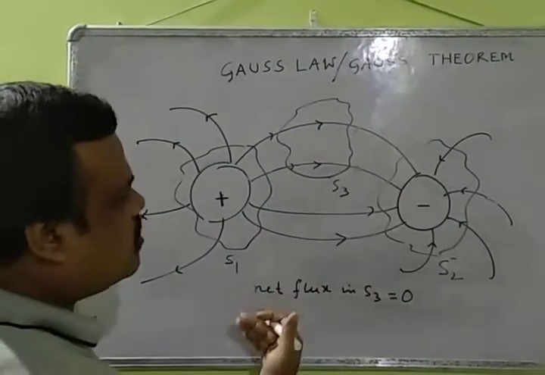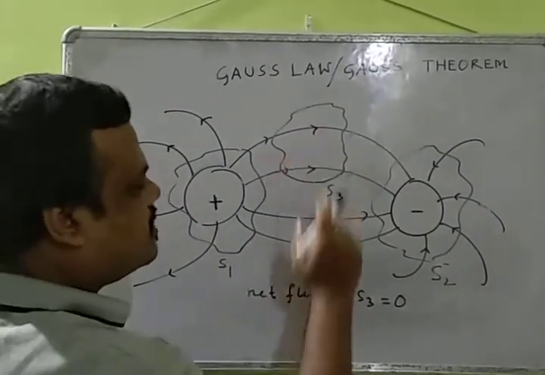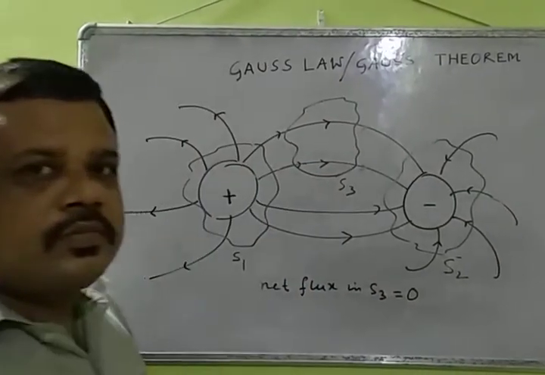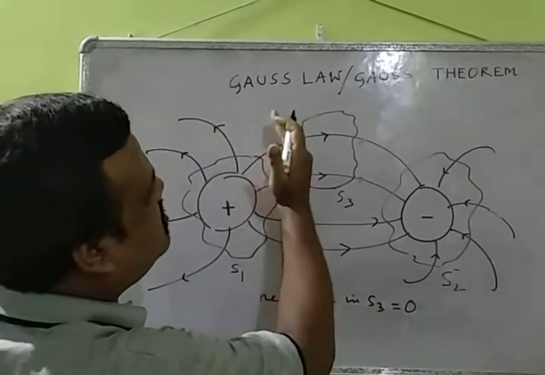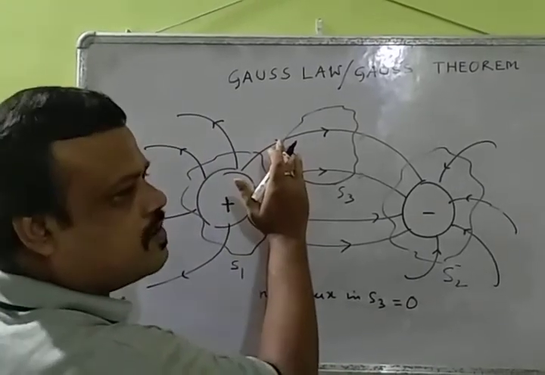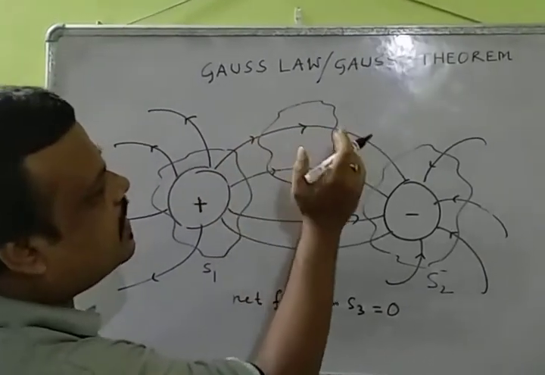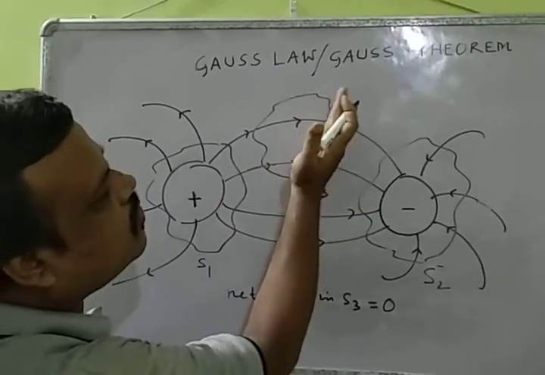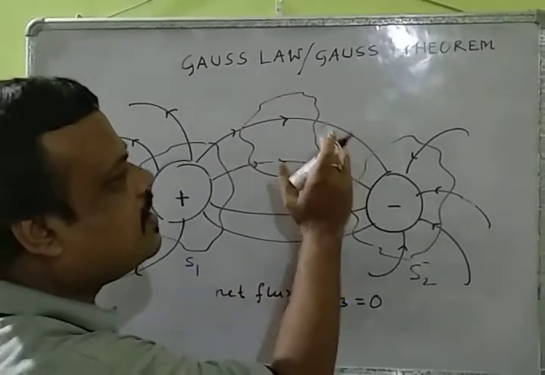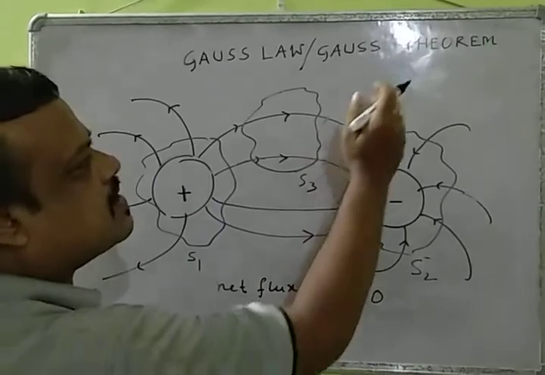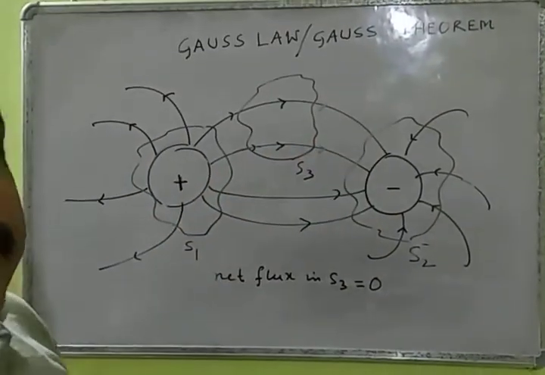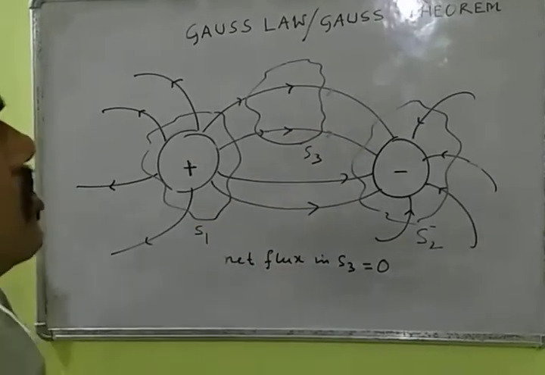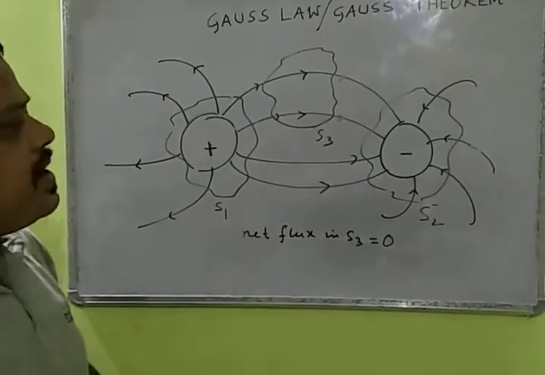By Gauss theorem also we can prove it because there is no net charge, so flux is 0. From the diagram also, here flux is produced due to incoming of lines of force. This is flux inward. Here flux is produced due to outgoing of field lines. Here flux is outward, and the net flux, outward minus inward, both are equal, hence flux equals 0. So this is how we can apply the Gauss theorem.